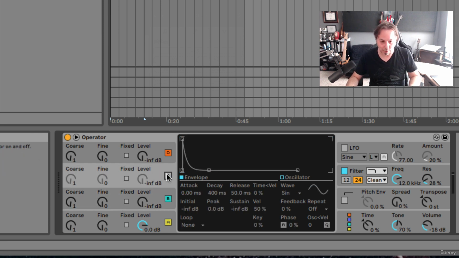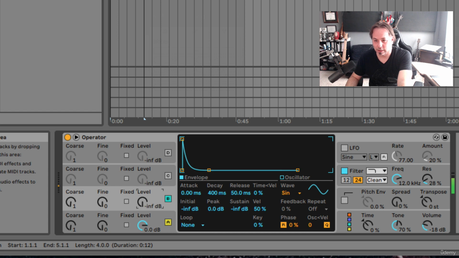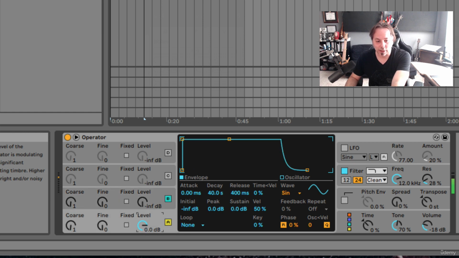Okay, so how does that happen? I can click on these colors and turn off that oscillator. So let's just do A and B, okay? Okay, so here's a note. A is the only thing we're hearing here. If I turn the volume down, it's gone. Okay, so we're hearing A. Now, B is modulating A, but the volume's all the way down. So if I turn the volume up,